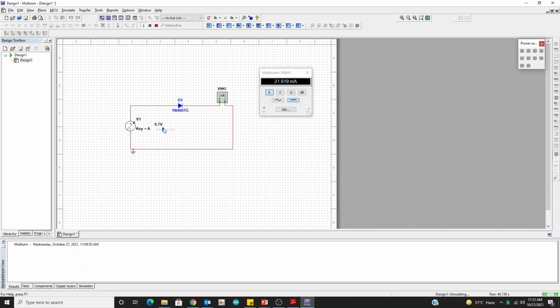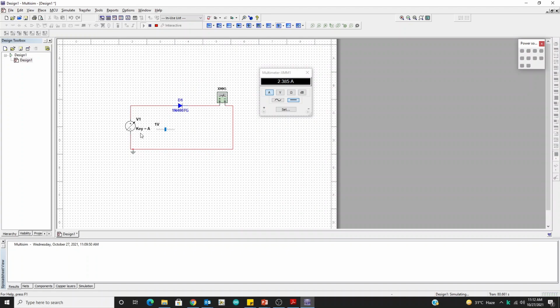At 0.7 it is something like 22 milliampere, at 0.8 it's 167 milliampere, at 0.9 857 milliampere, and at 1 volt it's 2.3 ampere. So as you can see, when the voltage is rising before 0.7, the current in the circuit is negligible, equivalent to 0. But when it gets to 0.7 volt, it breaks the potential barrier of the PN junction, and the current starts rising.